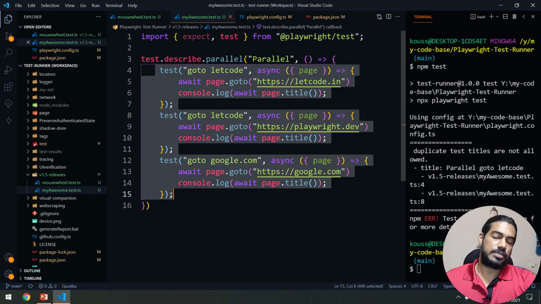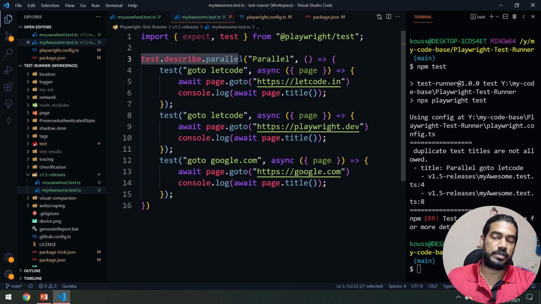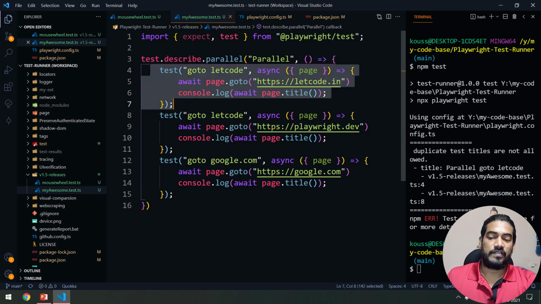What I understood is that the Playwright team wants us to write tests as individual tests. When I used test.describe in the very first Playwright video, I said there is a disadvantage to using groups. A group is basically this one; the describe block is known as a group. If you have dependencies, for example you are doing some CRUD operation, where you create some data, edit or update the data, and then delete the data, so you are doing an end-to-end scenario, then in that scenario I cannot have multiple tests. I can write it, but I should not, because each and every test will run in an individual browser.